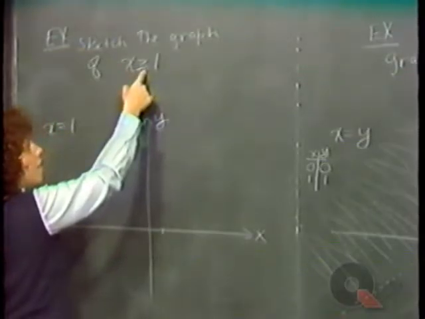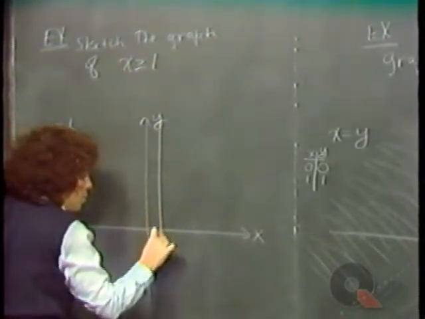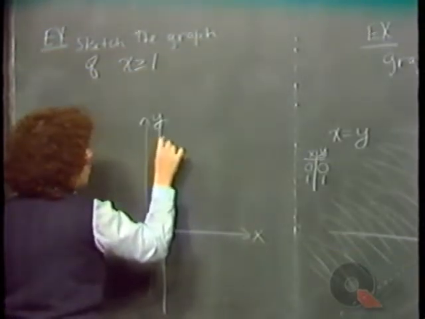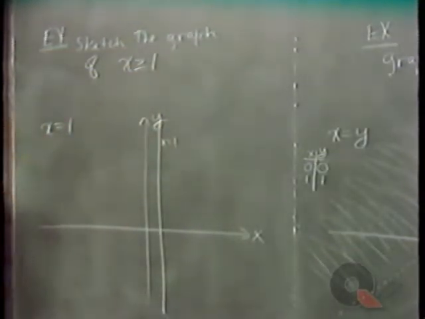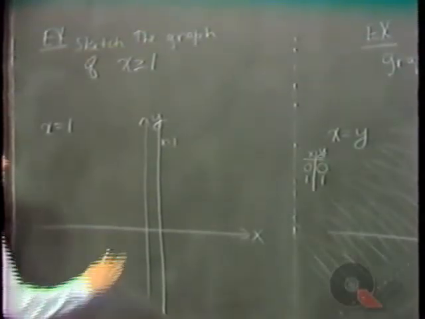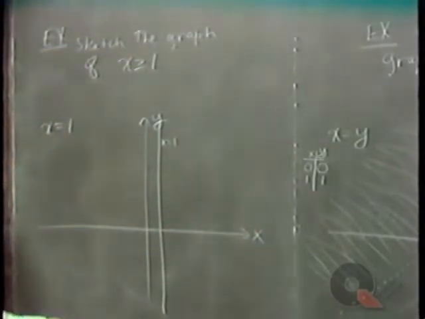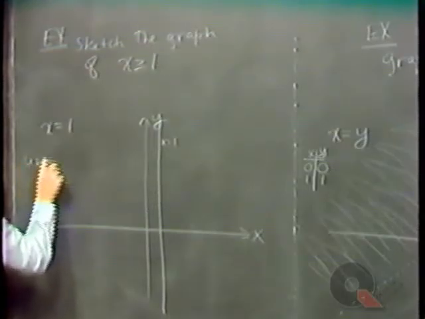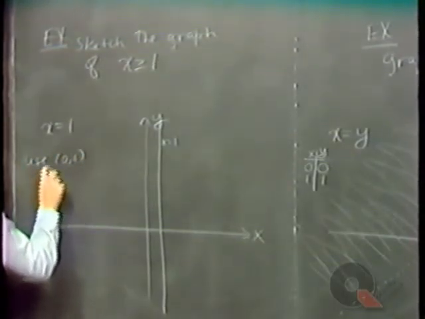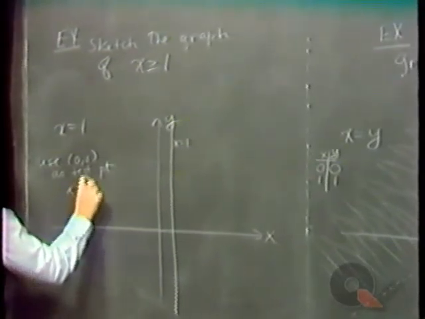And because this is x greater than or equal to 1, we will use a heavy line to graph x equals 1, because the points on this line will be part of the solution set. And we could use a test point. Actually, common sense tells us that here are the points whose x-coordinate is greater than or equal to 1. But simply using 0, 0 as a test point, the inequality is x greater